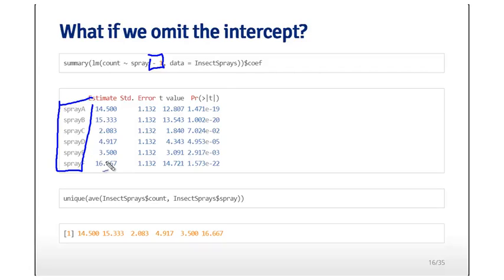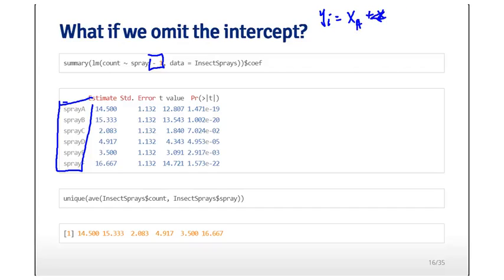So if we include the intercept and there's 6 sprays, it's got to get rid of 1 and have only 5 coefficients, because 1's going to the intercept. If we omit the intercept, then we have 6 means that we need to fit, and we have then 6 coefficients that we can fit. And it says, oh, okay, well, I'll do that. I'll include 1 for spray A. And what you'll notice then, in this case, now the model is yi equals, let's say, xa plus,